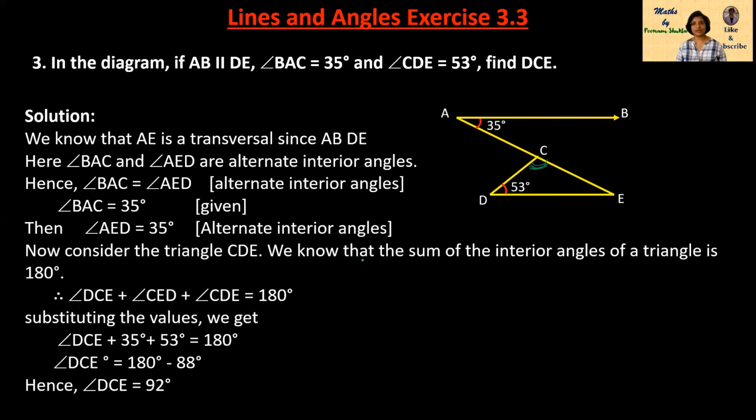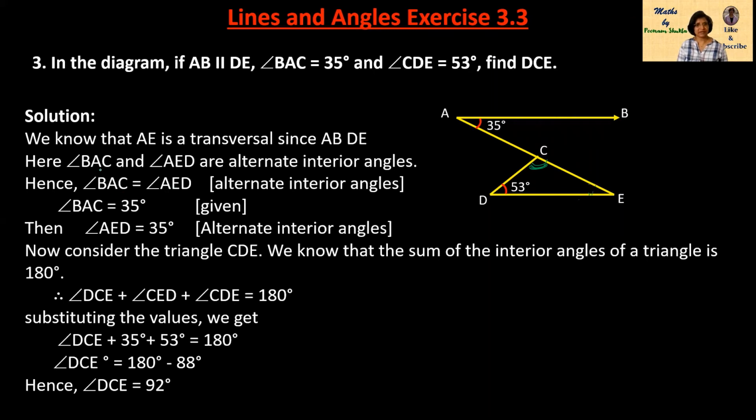Okay. So for this, what will we do? We can find the angle CED. After finding this angle, the angle sum property of the triangle will be followed, Theorem 1, right? Here, how will we find it? Because these two are parallel lines and AE is the transversal, so this angle equals this angle.